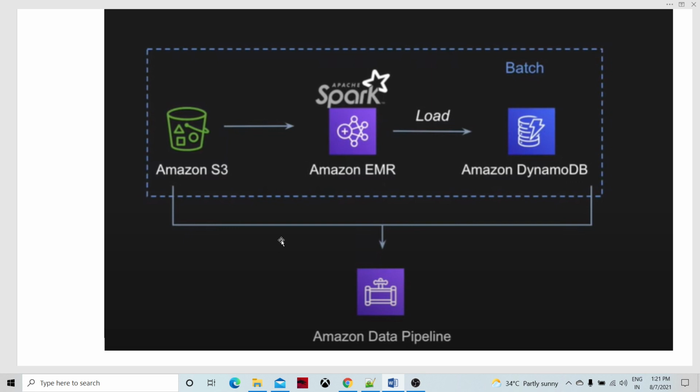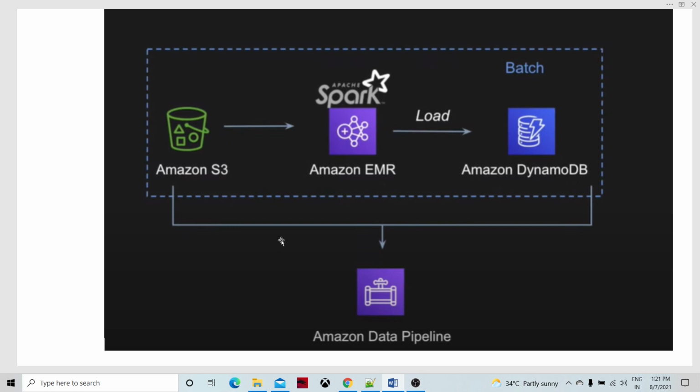So the applications which are using the mobile devices or used in commercial websites probably, and also the IoT devices like sensor data. We can produce lots of IoT sensor data from IoT devices. Those kind of data Amazon DynamoDB can handle very easily with a very low latency rate, as I said.